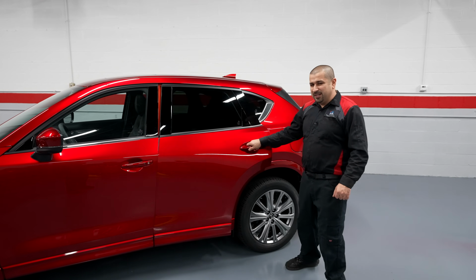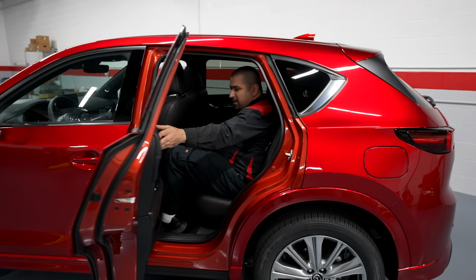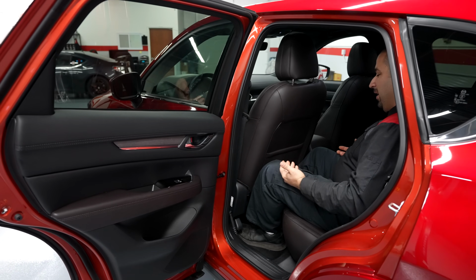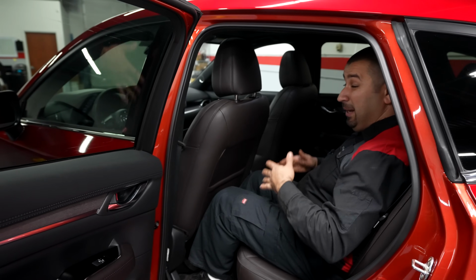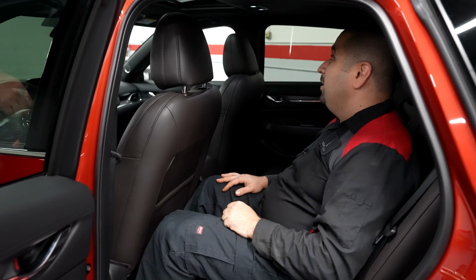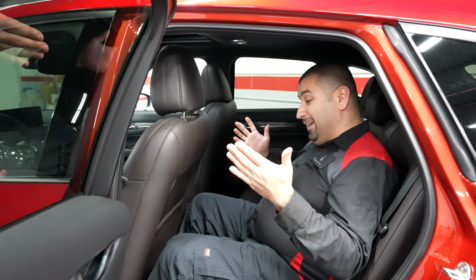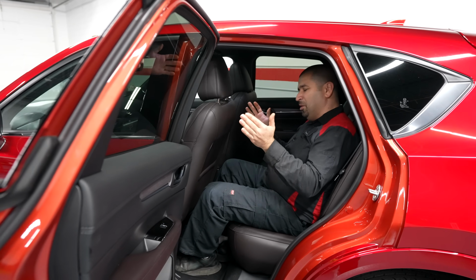Let's check out the back seat in the 23 Mazda CX-5. One thing I noticed, the entrance is narrow, but once you're in, this is my driving position. I mean, I have decent leg room. I'm about 5'7", to give you reference. Like the AC vents here, they're actually movable vents, and they're cool. You have a little bit of light here that you can control. It's a pretty comfortable place to be. I like it. This works a lot better than the CX-30, which was not designed to have adults in the